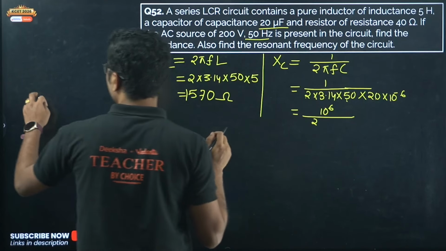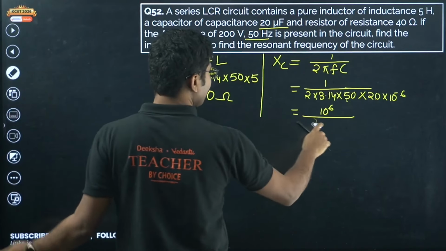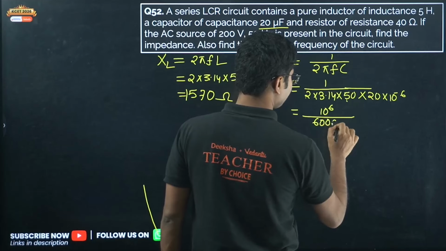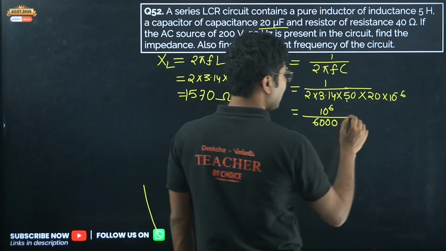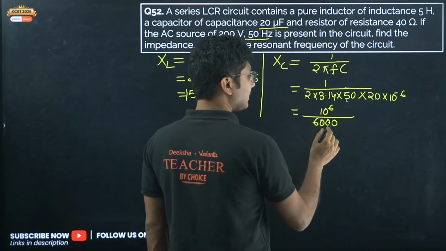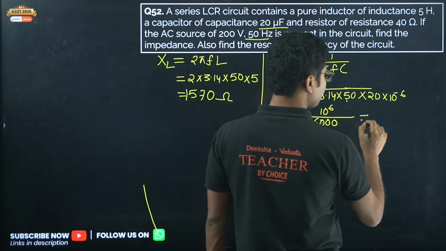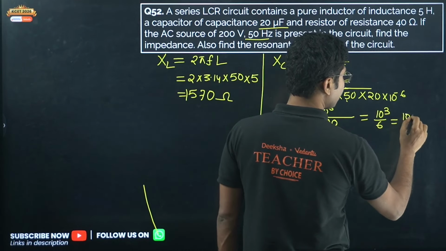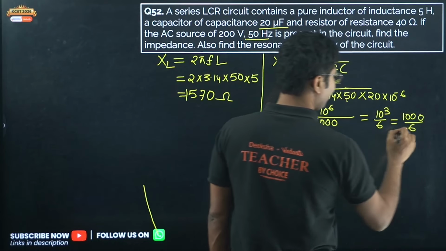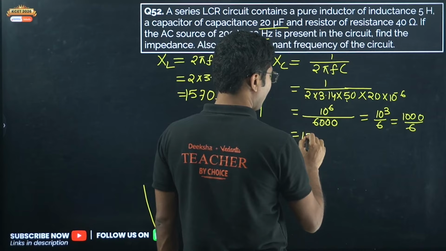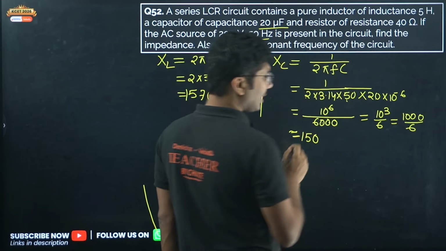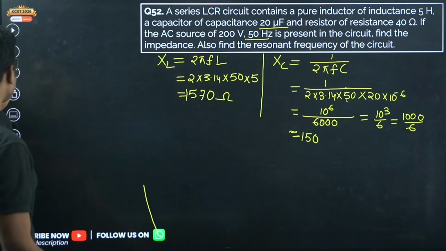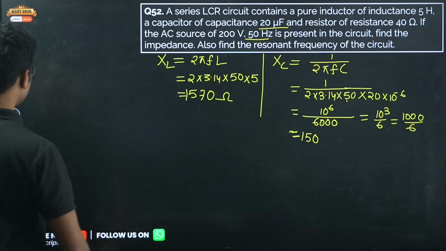Let's keep that 3.14 as 3 for now, okay, so that we can cancel some of the values. It will be 6000 approximately. Obviously the exact value is not that, so we can cancel 3 zeros with the 10 to the power of 6. So we got 10 to the power of 3 divided by 6, which is 1000 divided by 6, and if you calculate, it will be approximately 150. I don't want to give you the exact value. Exact value you can calculate, that is not a trouble, because you have access to calculators.